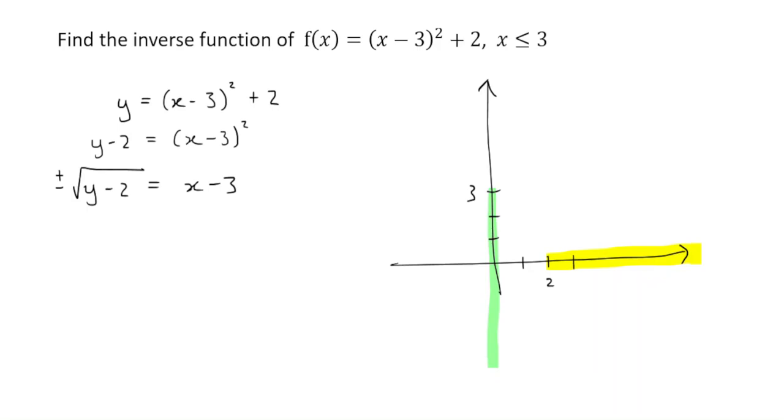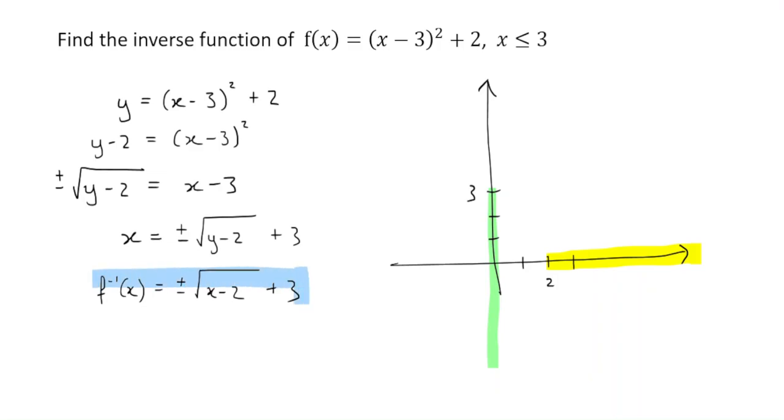Okay? And so lastly, if I rearrange, I'm going to get that x is equal to plus or minus the square root of y minus 2, plus 3. And so my inverse function, f inverse, I just replace the y with x. So it's plus or minus the square root of x minus 2, plus 3. So this thing here, that is my inverse function. Now then,